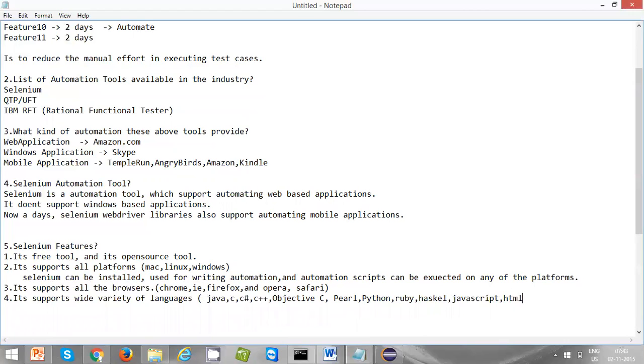You can use any of these languages to write the automation